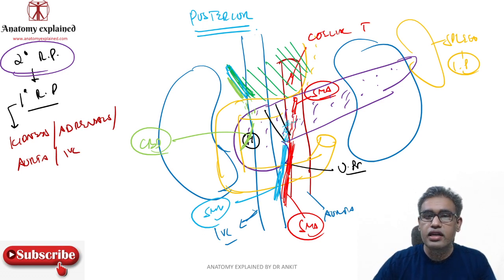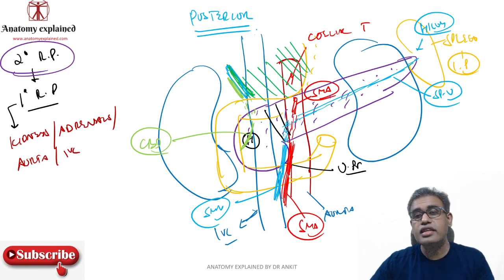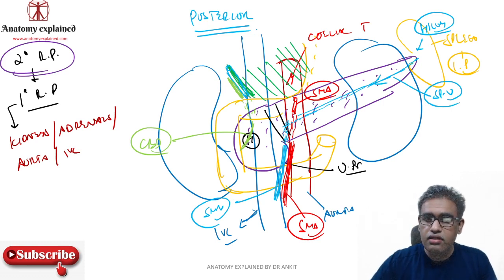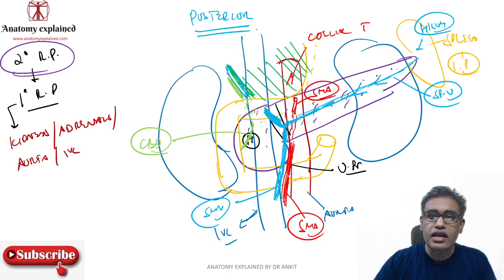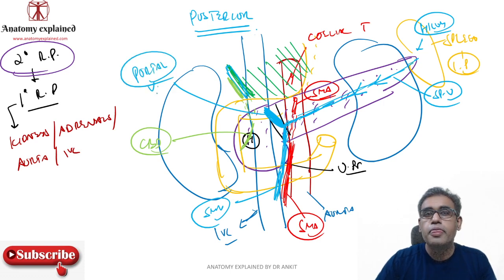Now around the neck of the pancreas, here is the splenic vein which is coming from the splenic hilum. This is your hilum of the spleen. From here the splenic vein is coming behind the pancreas. It is in touch with the posterior surface of the pancreas. Now the splenic vein is going in this direction. It will meet the superior mesenteric vein over here behind the pancreas, and they will form the portal vein again behind the pancreas. So where is the portal vein formed? The portal vein is formed behind the neck of the pancreas. Then as you see, it will ascend behind the duodenum also, and then it will lie in the right free margin of the lesser omentum. So here was the portal vein.